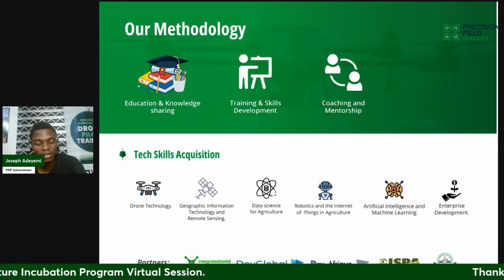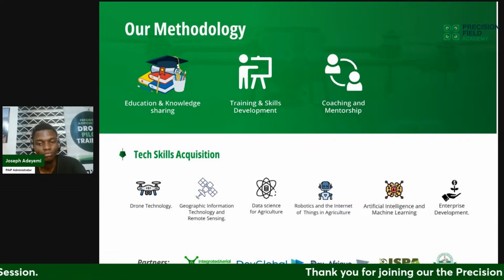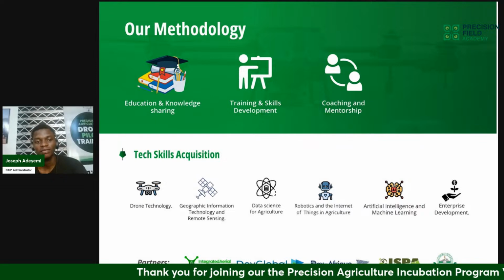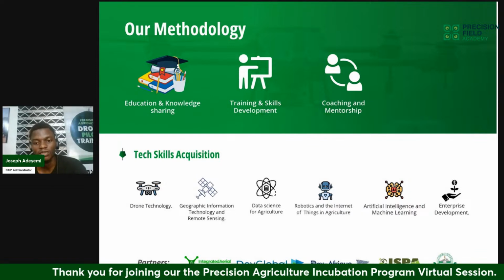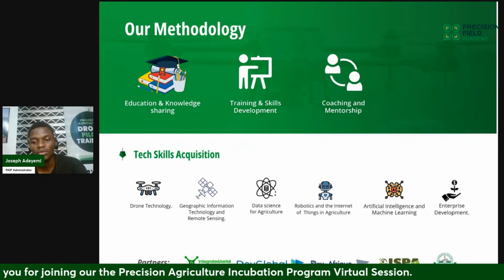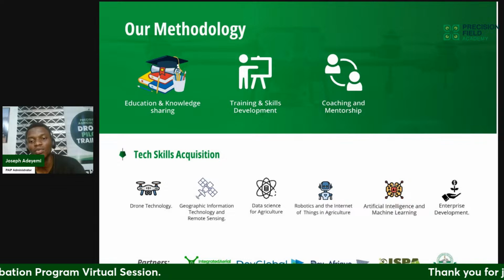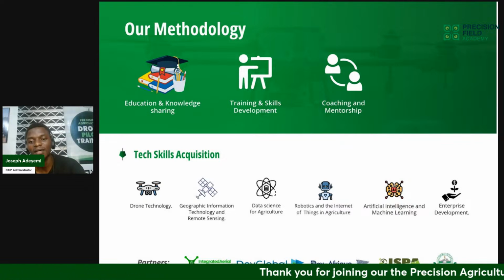So it works on its own due to pre-instruction given through a microcontroller or a computer system. Outside this, we also have artificial intelligence and machine learning. We're looking into artificial intelligence and machine learning, how we can leverage this technology to help farmers enhance their